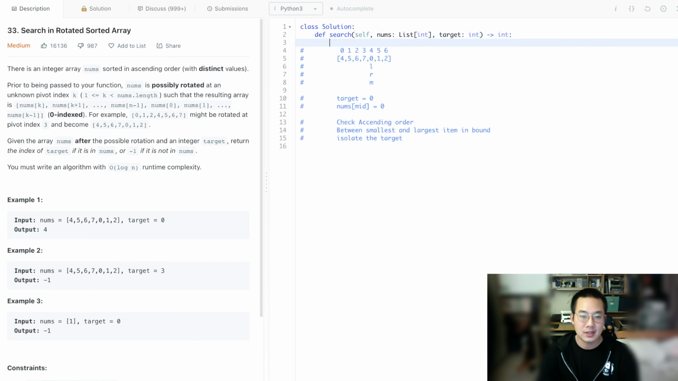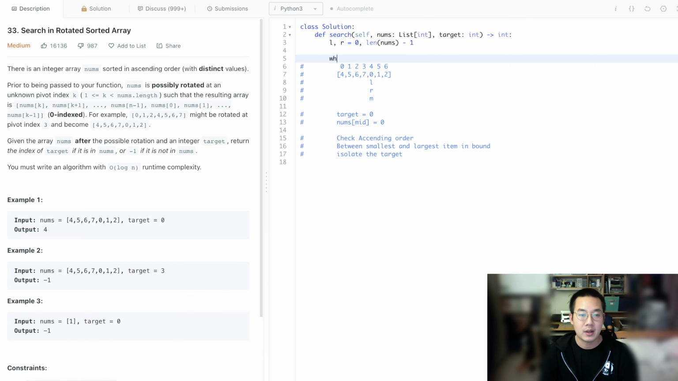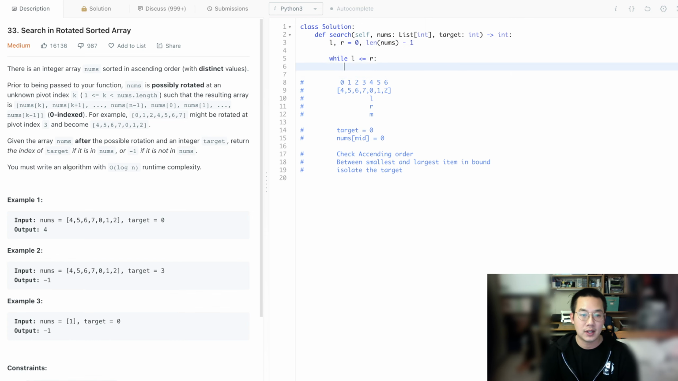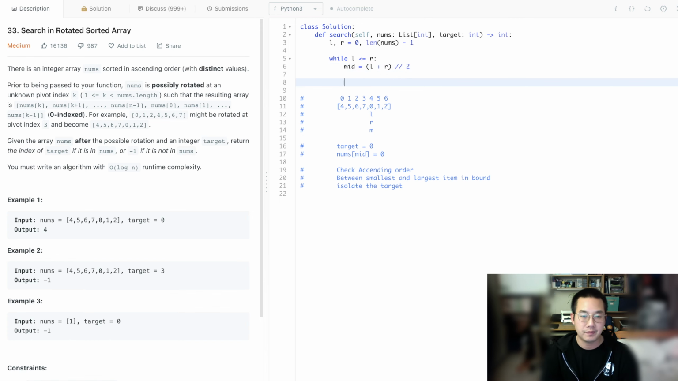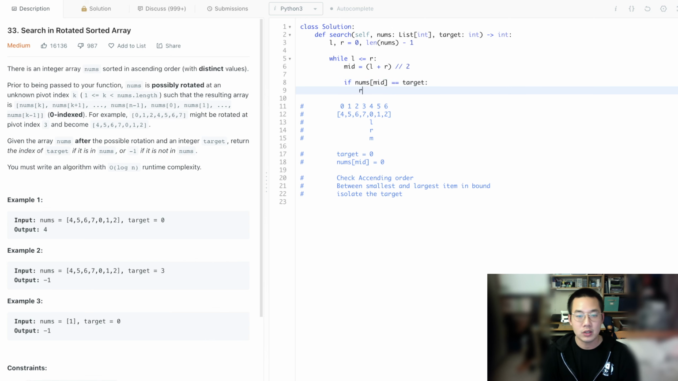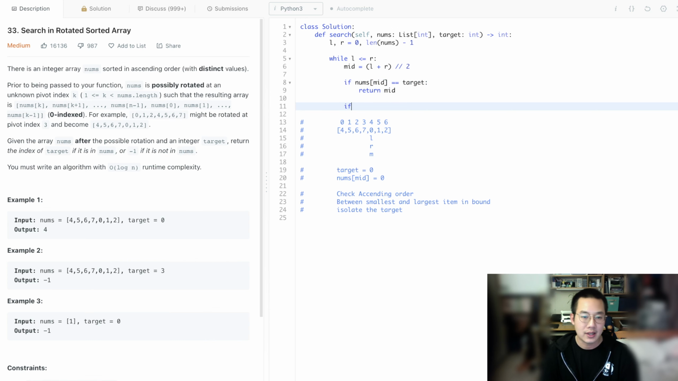So left and right, pretty simple. Left equals 0, right equals length of nums minus 1. Perfect. And while left is less than or equal to right, we find the mid. Mid equals left plus right, divided by 2. Now we get the number. If nums[mid] is equal to target, let's return the mid. We found it. Otherwise,